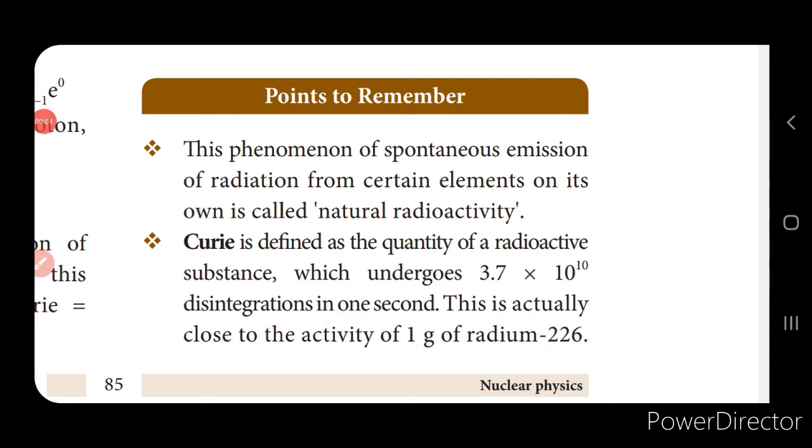So far in this lesson we have learnt what is radioactivity, natural radioactivity, artificial radioactivity, nuclear fission, nuclear fusion, properties of alpha, beta and gamma rays, the atom bomb, the principle behind the atom bomb and hydrogen bomb, conditions necessary for the nuclear fusion reaction, the difference between nuclear fission and fusion, uses of radioactivity in various fields such as agriculture, industry and medicine, and what is a nuclear reactor and its working.